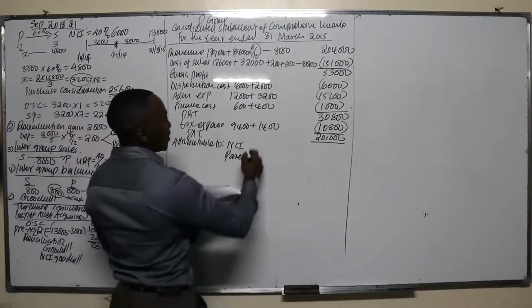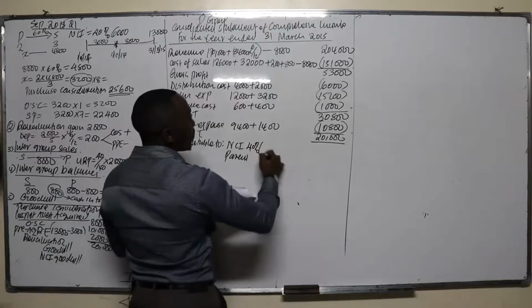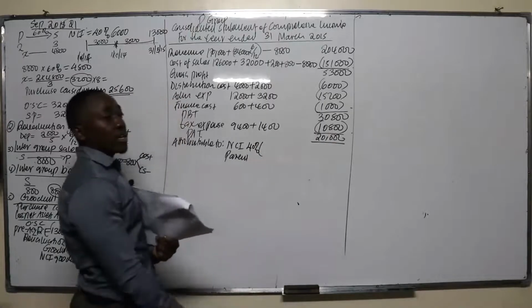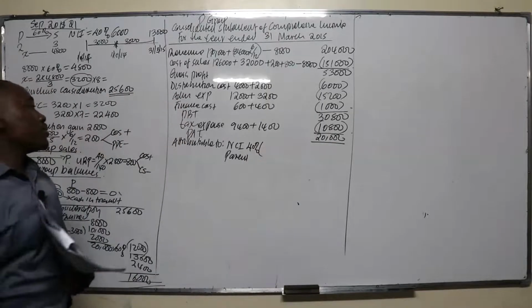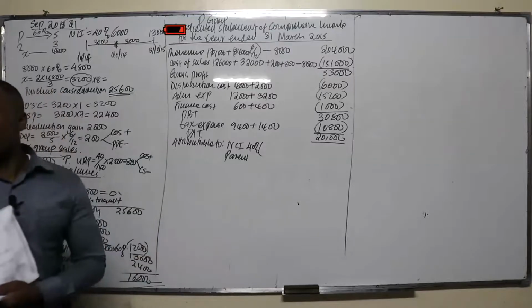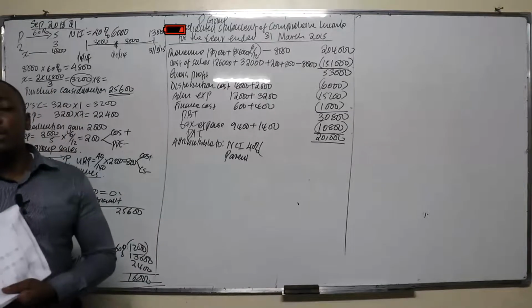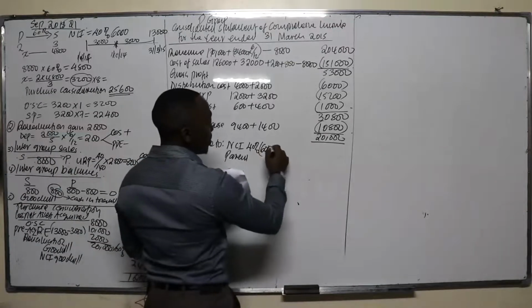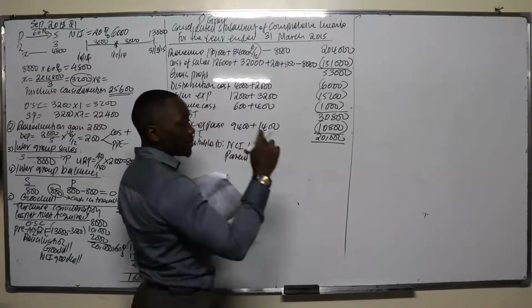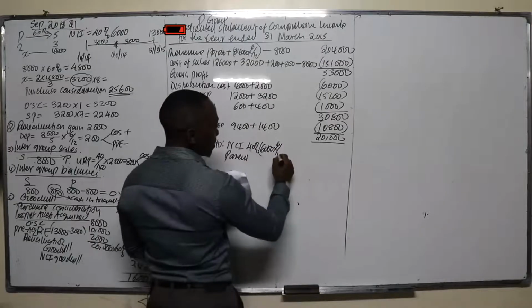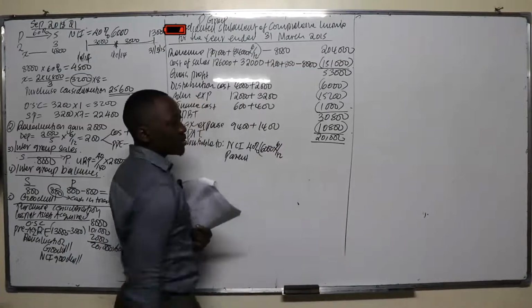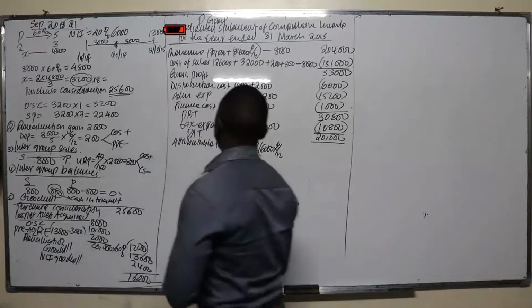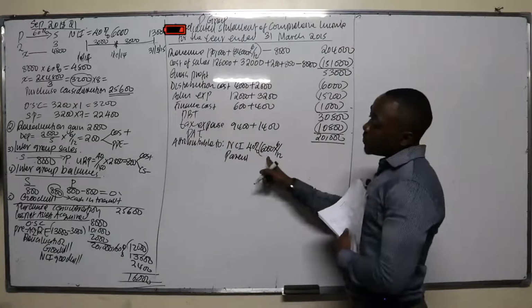NCI is? You take 40% of the profit after tax. How much is the profit after tax? I'm talking about the profit after tax of the other subsidiary. They made a profit of 6,000, but of the 6,000 you only take 6 months, so 3,000, right? Now let's be here. The profit is 3,000. But of this 3,000,